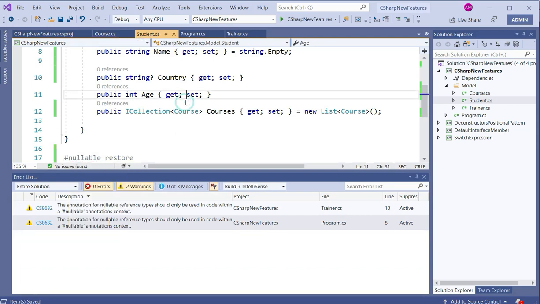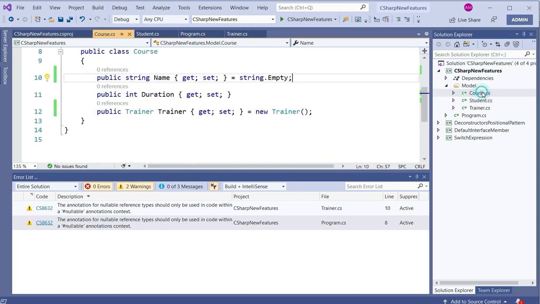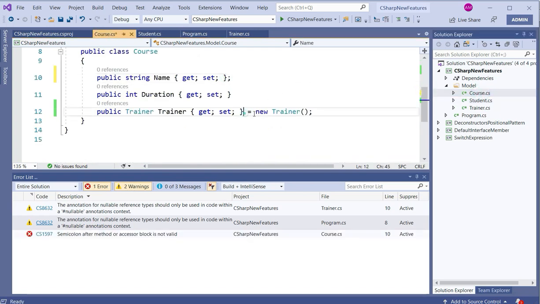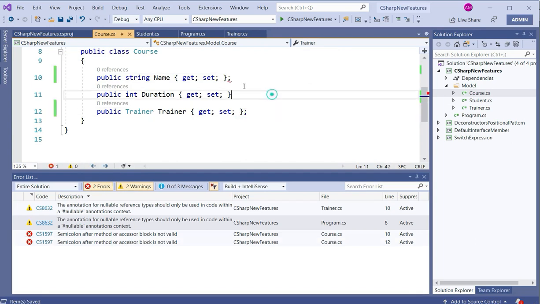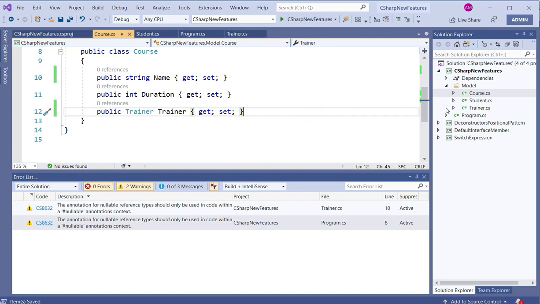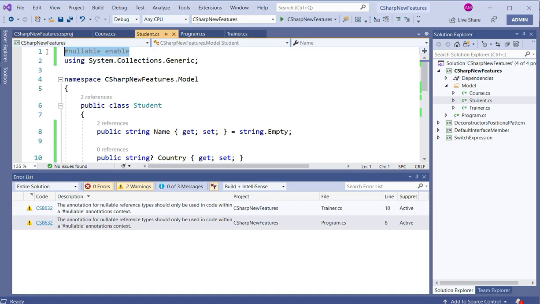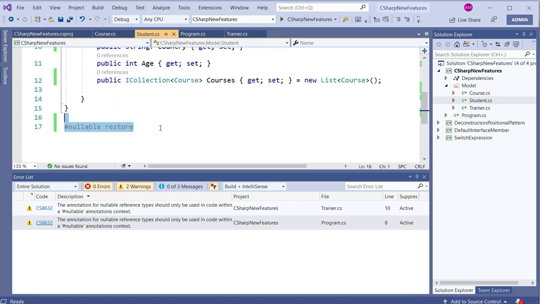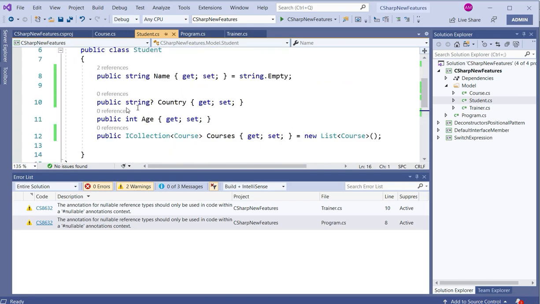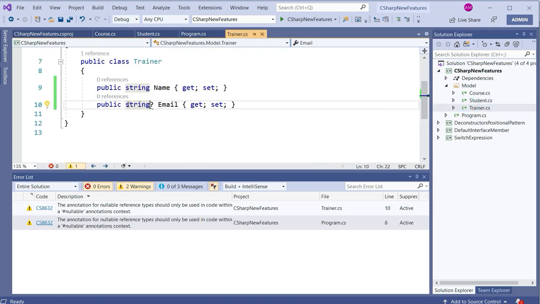That's it. So it's applicable in this area only. And let's remove it. It's not applicable here. As you can see, there are no warning signs. And in case of student, we just enabled this context, so this nullable reference context is applicable only to this class. And in this trainer, we cannot use this variable.